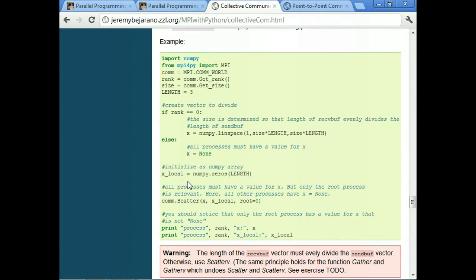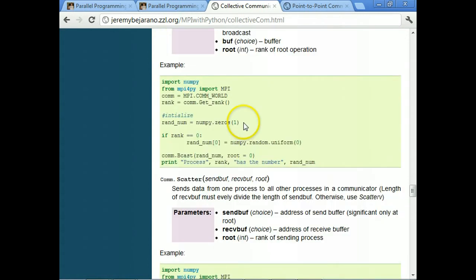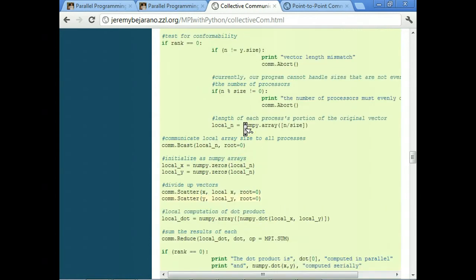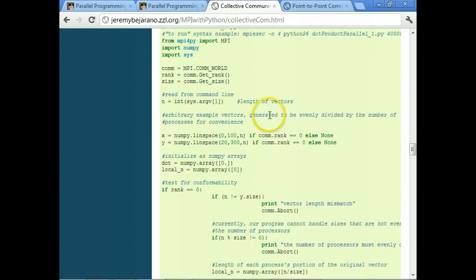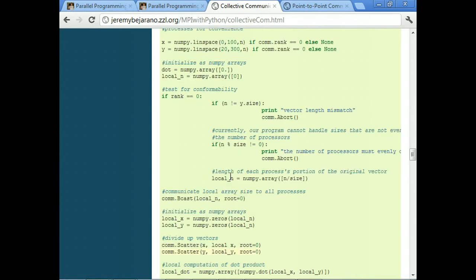So we mentioned how in our dot product code, the number of processes has to evenly divide the size of the vector, or else the scatter isn't going to work.